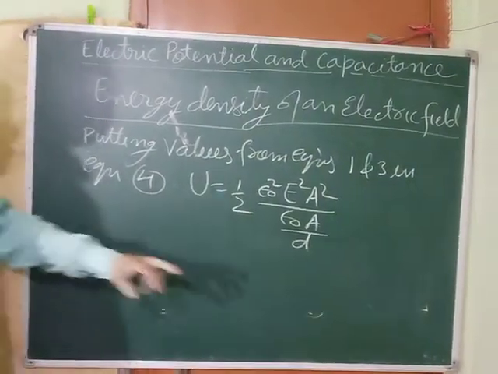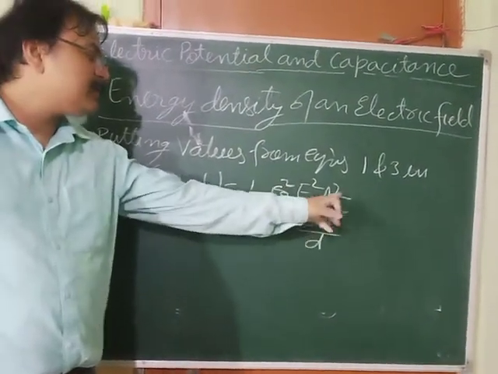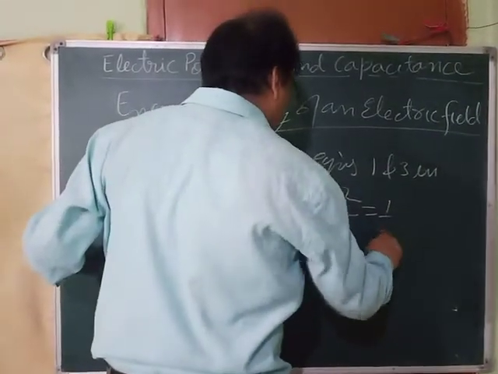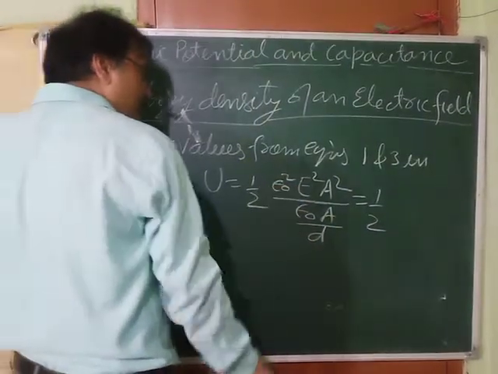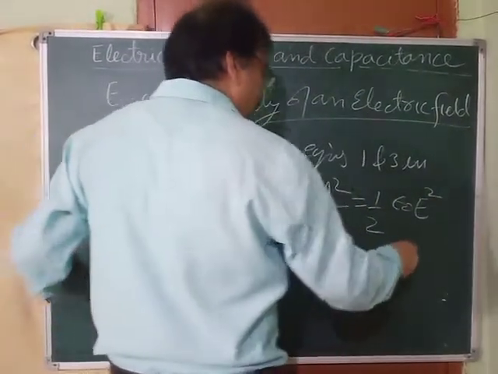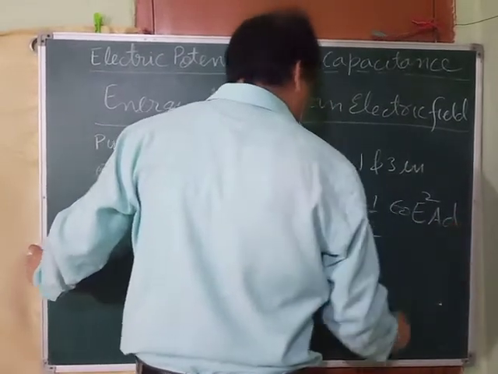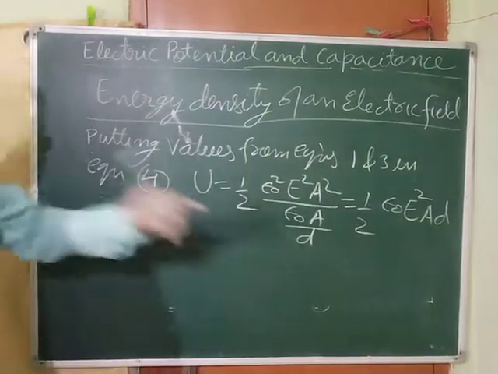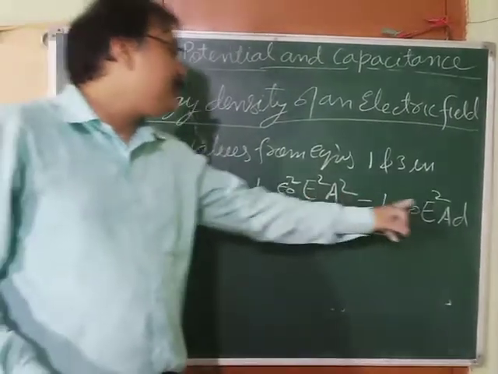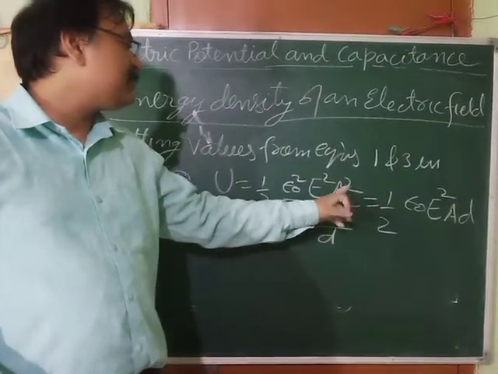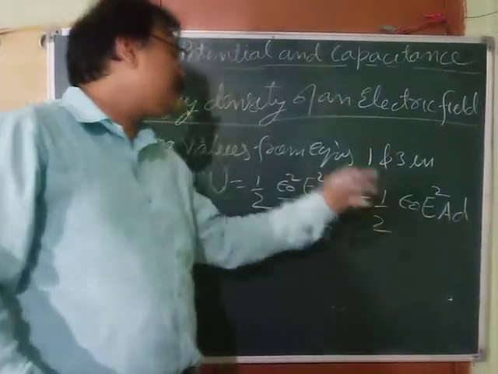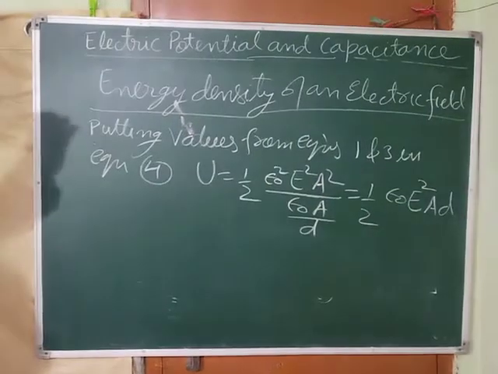Now see, can we take this D up, and this A and this square will cancel out? So what will we get finally? You can see from here 1 by 2, this epsilon naught also will cancel out one. So we will get epsilon naught E square A D. This epsilon naught is cancelled out with this square, so only epsilon naught is left. E square remains as it is. A cancels this square part, only A will be there and this D will go up. So we are getting half epsilon naught E square AD.